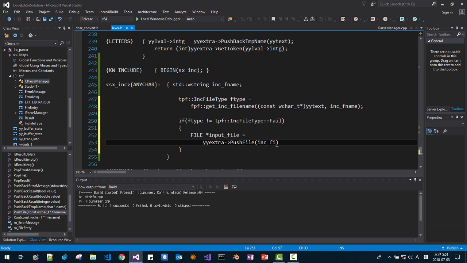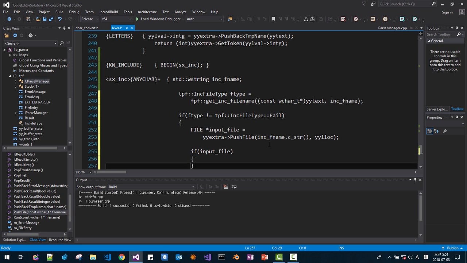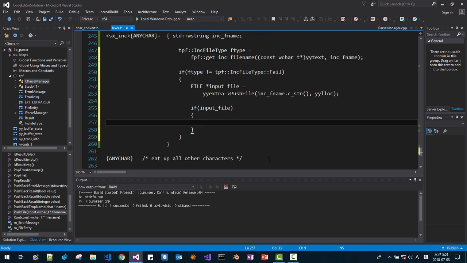Inc file name. We have to pass wide character t, then llloc like this. If input file, it means we opened the file successfully. Then in, input file,